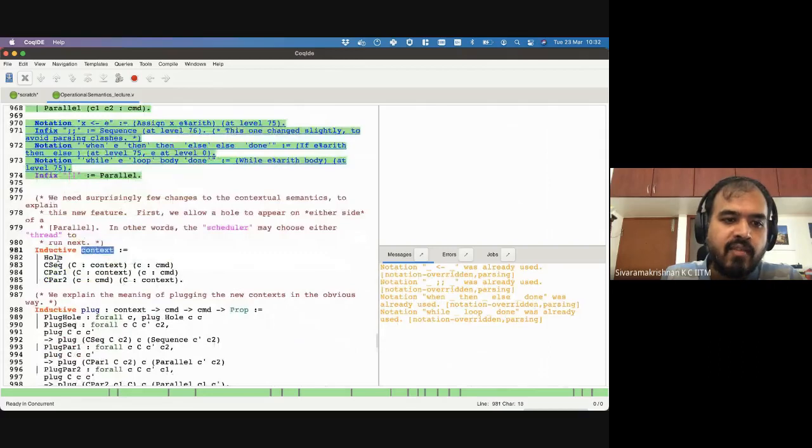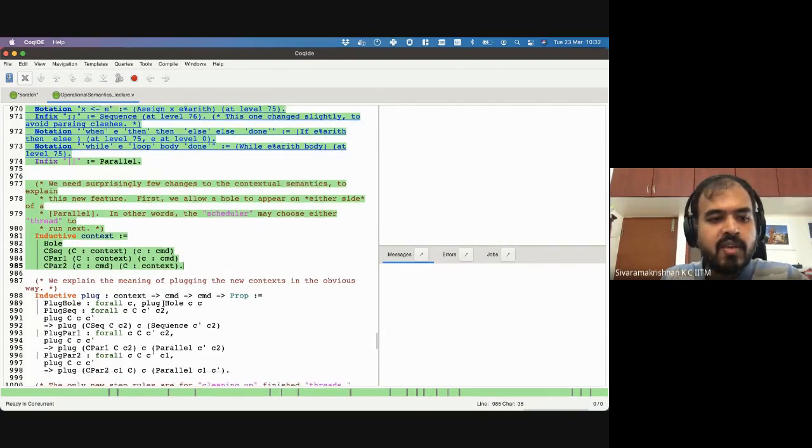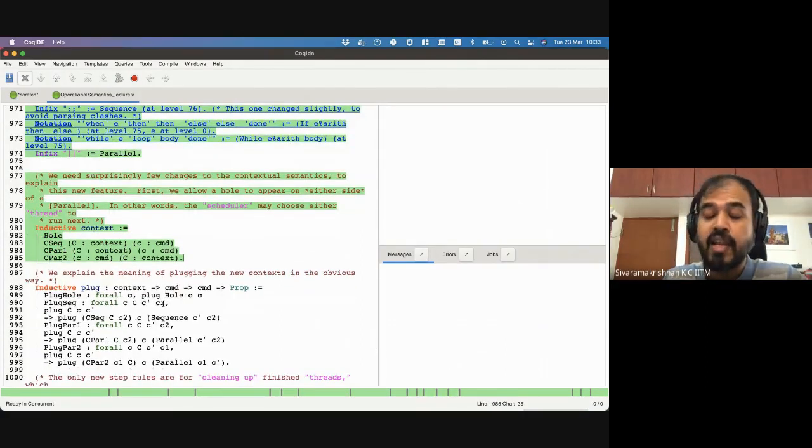Now we extend the context, right? We had a hole and a sequence. Now we add one context for reducing the left-hand side, and one for reducing the right-hand side. And now we also have to equivalently extend the plug with how to plug when the context is C power 1 and C power 2. The definition itself is straightforward. If you happen to have a C power 1 as the context, where the context is capital C, and the command that you fill in is lowercase c,